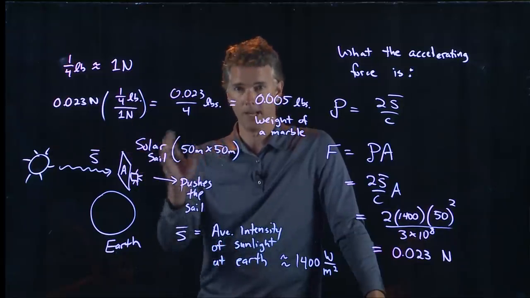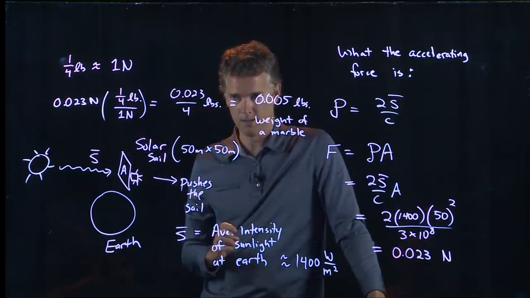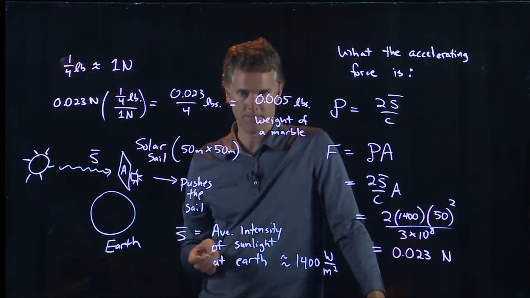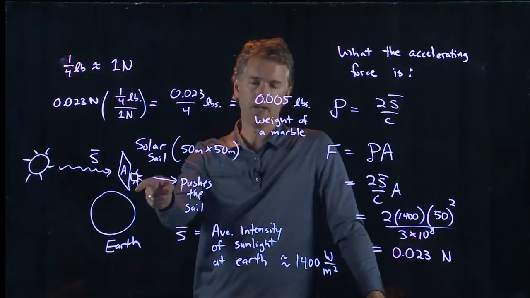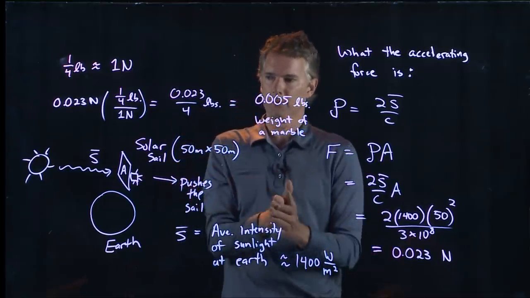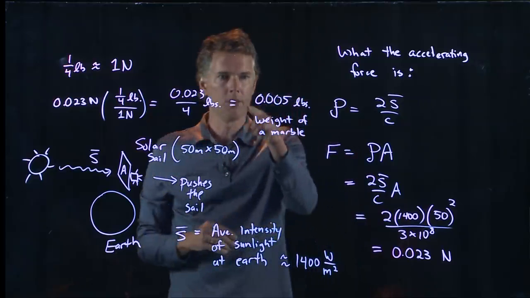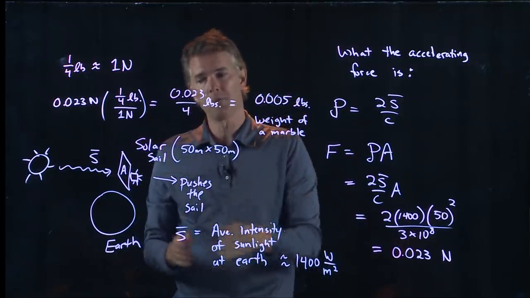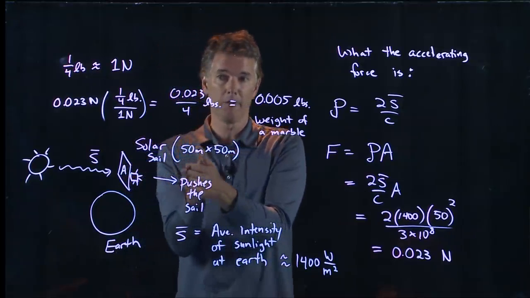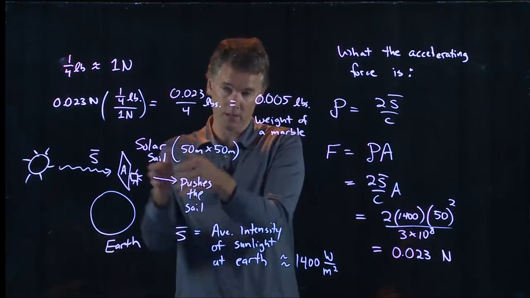You don't have to send it any fuel with the rocket. It's continuous. It's on all the time. And in outer space, there's essentially no resistance. There's nothing slowing you down. So even though this force is very small, which means the acceleration is going to be pretty small, it keeps accelerating forever, okay, until it leaves